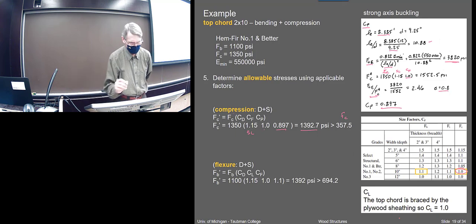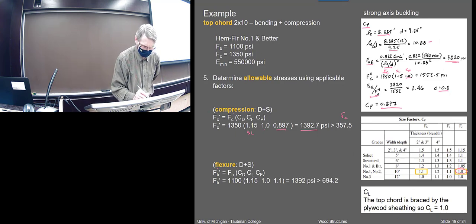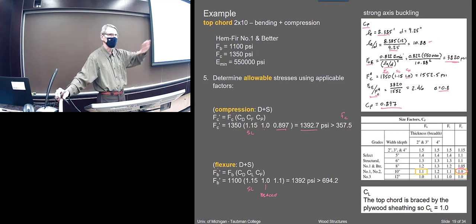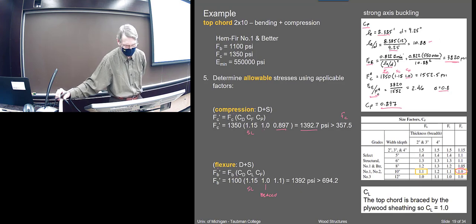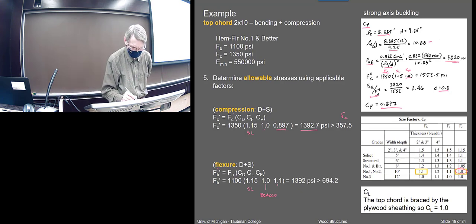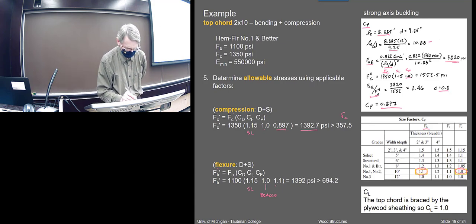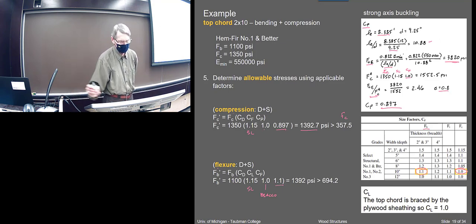And then, that was the compressive side, now we can do the flexure. The flexure, again, we got snow load. I'm going to assume that it's braced, right? This is braced by the roof anyway. That makes sense. I think that probably would be true. You have enough sheathing on there. That would be braced by the sheathing. And this would be CF for flexure. Make sure you get the right CF for flexure. Okay, we got that. And multiply those, and that gives us an allowable of